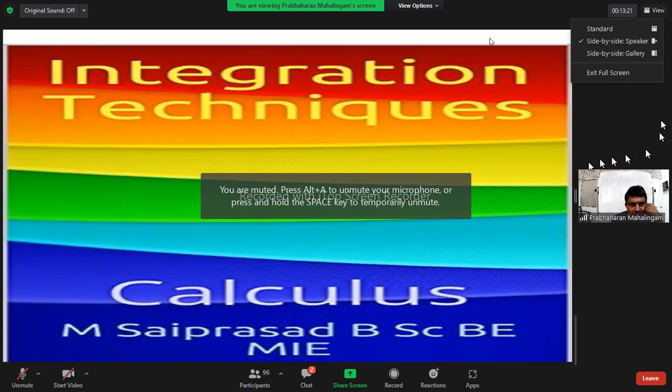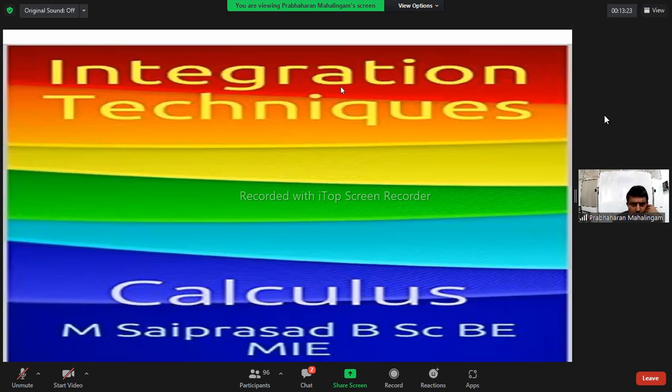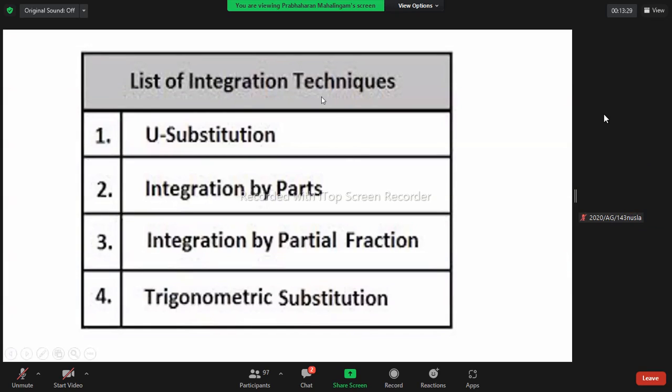Now, one by one I will teach you the basic concept. This is today's overall idea of integration. So there is a list of integration techniques. Voice is okay, no? Substitution means you assign a big expression as, normally, a U form. U is sometimes a square root, everything comes inside. I will solve one question, don't worry.